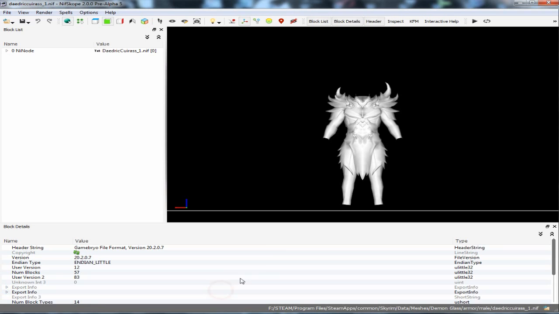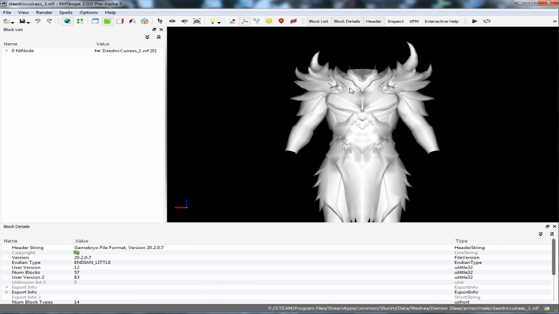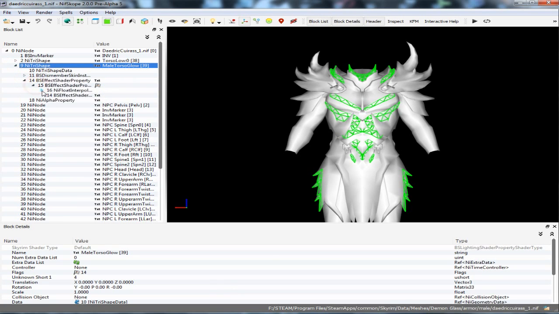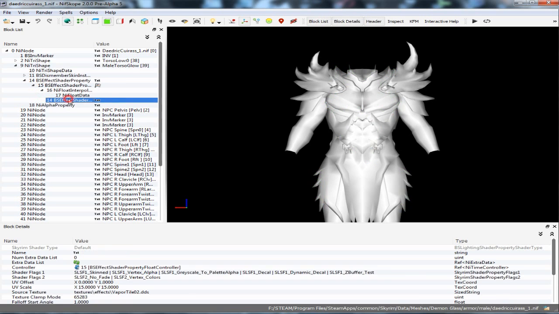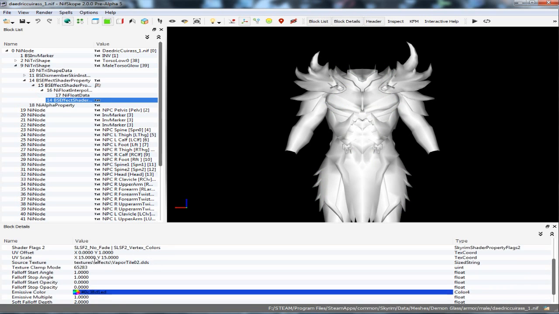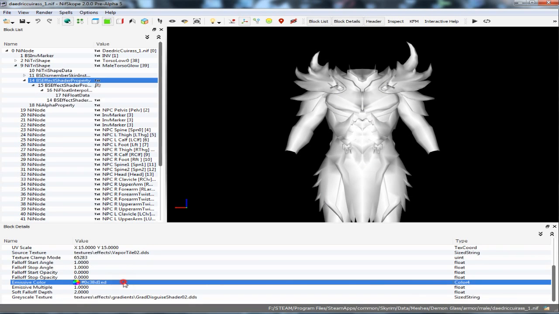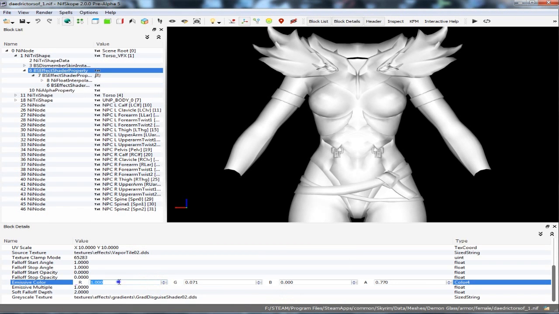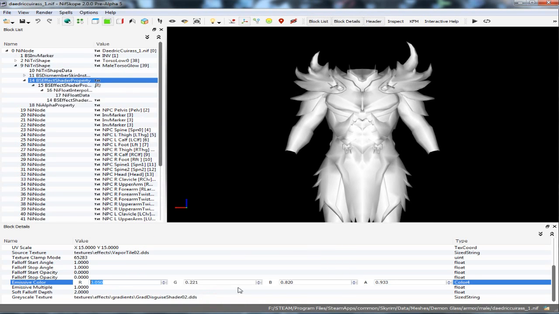I have the male armor open, and I will go ahead and open this up, and this is just going to be copy and paste. There's nothing hard about this. So you notice that it says the UV scale is 15. So I'm just going to double click on that, copy that, go back to my female set, paste this in here like that, go back to my male set,